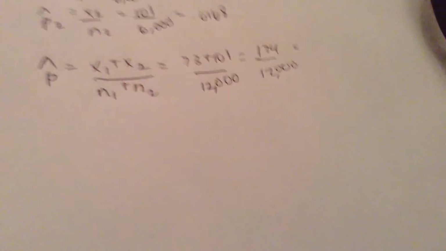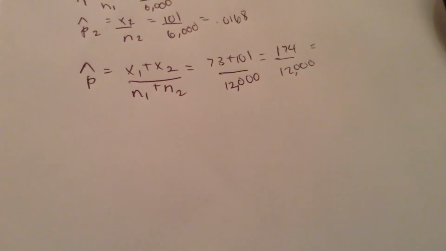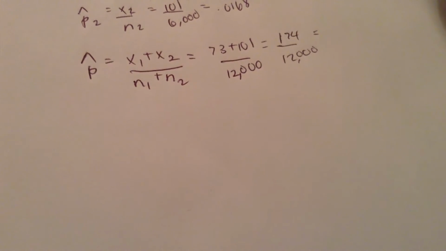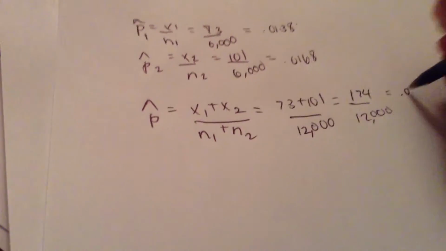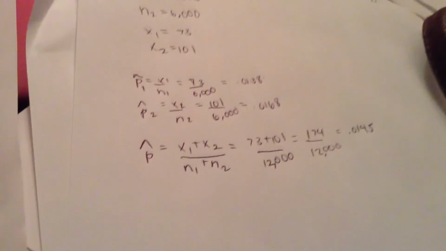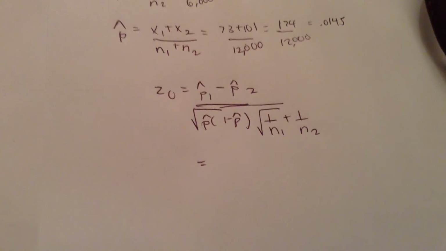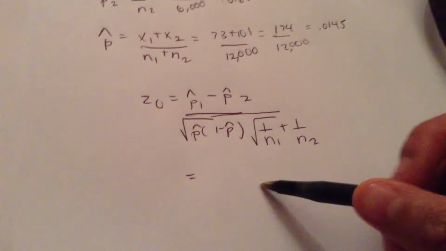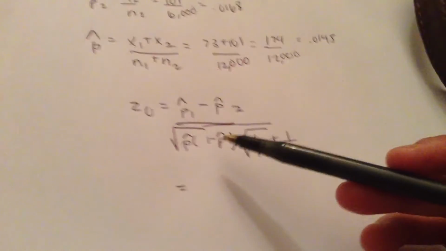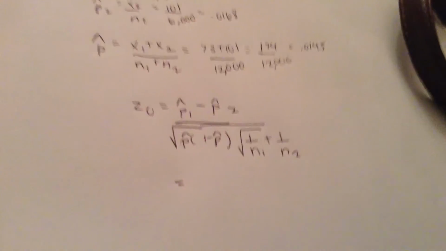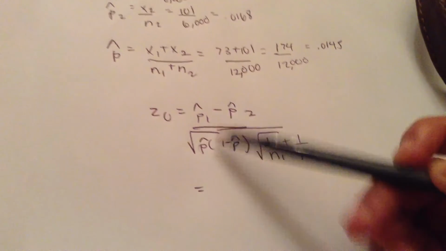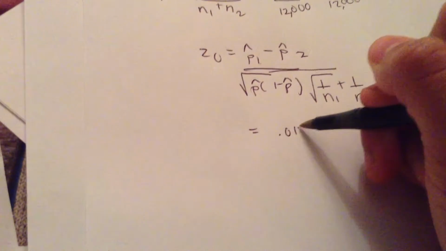Now I'm going to go ahead and divide that, which gives me 0.0145. So now that we have all our information ready, we're ready to plug it into the formula. This is our formula, so now I'm going to plug in all the little sections that I found already, which is p hat 1, this right here. So I'm just going to put 1038 minus p hat 2, which is